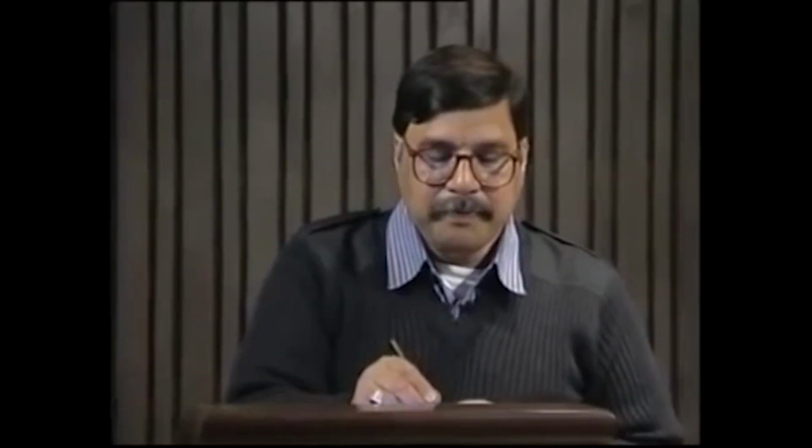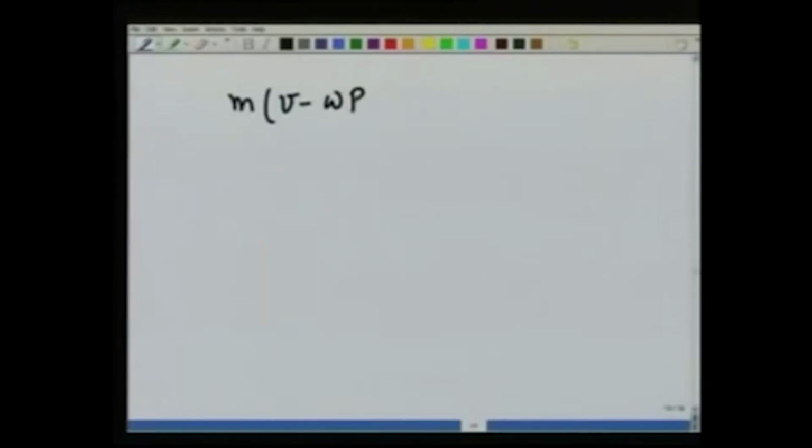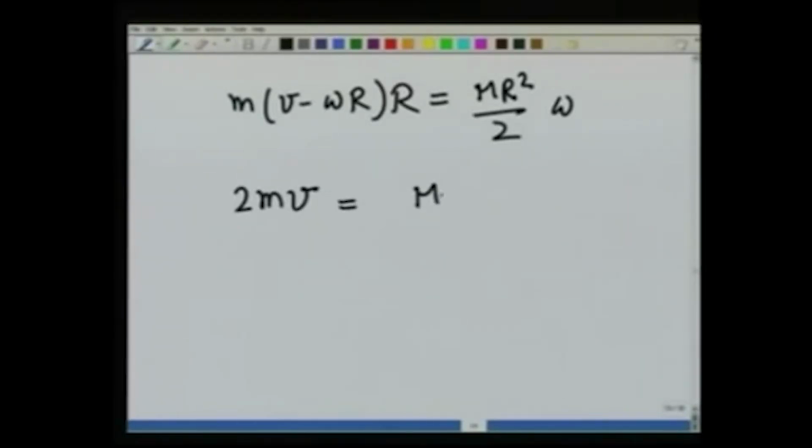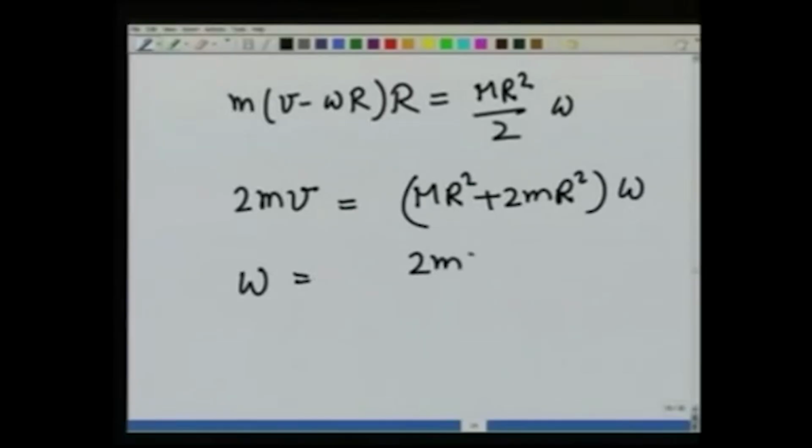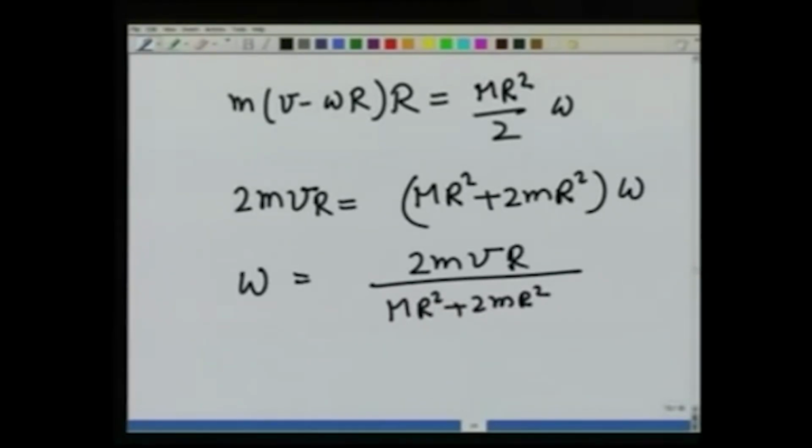Therefore, what we get is m(v minus omega R) times R, the angular momentum, should be equal to MR square by 2 omega, which gives me 2 m v R is equal to MR square plus 2 m R square, omega, or omega equals 2 m v R over MR square plus 2 m R square. There is an R here, m v R, which is nothing but v over R divided by 1 plus M over